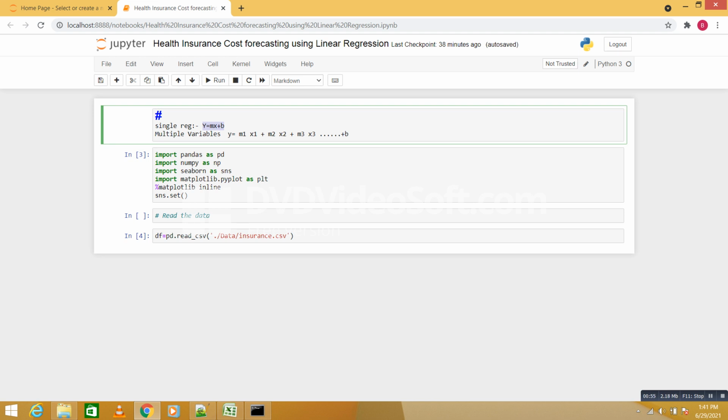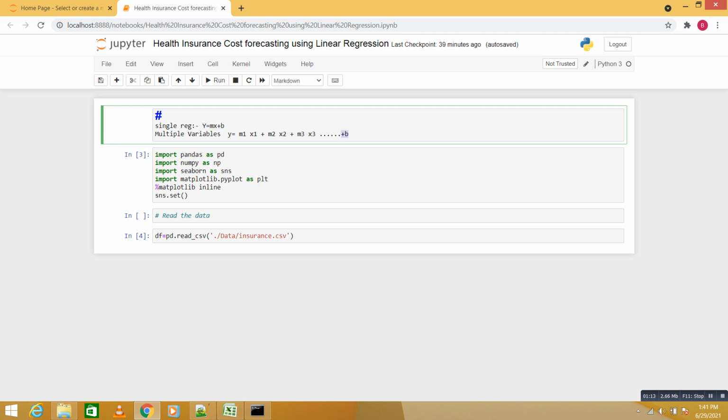For multiple variables, the equation changes, as it adds multiple data points. So y = m1*x1 + m2*x2 + m3*x3, up to the number of features, plus b.